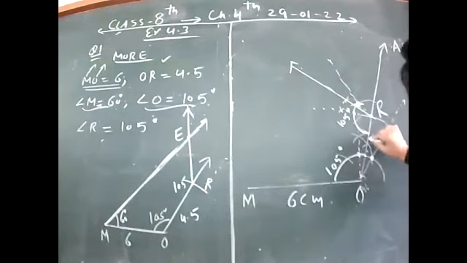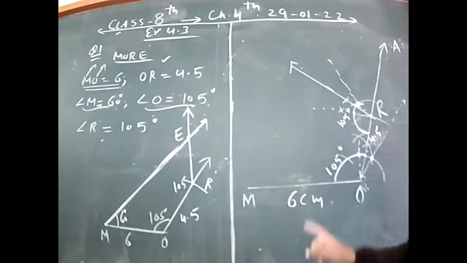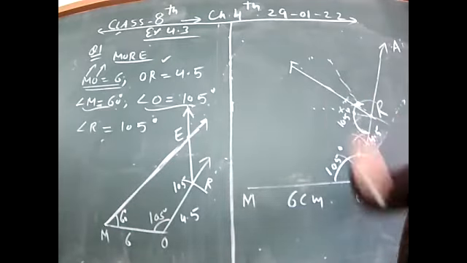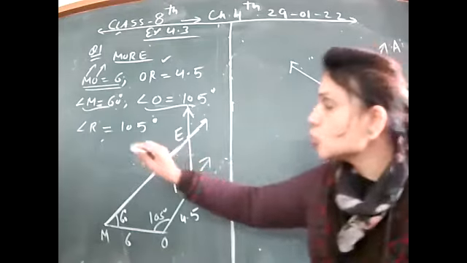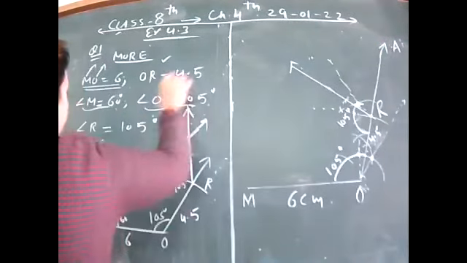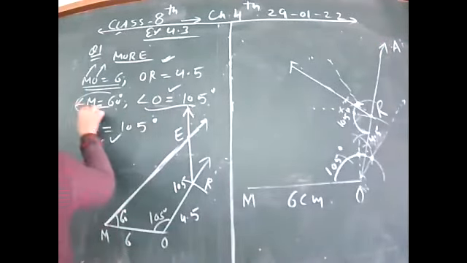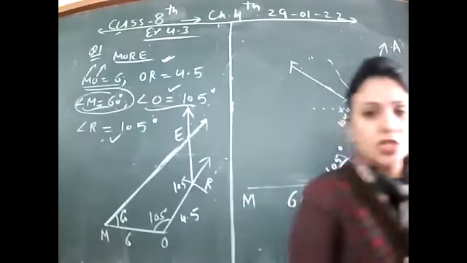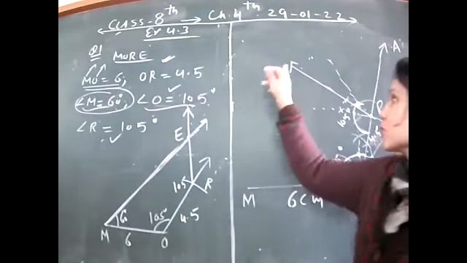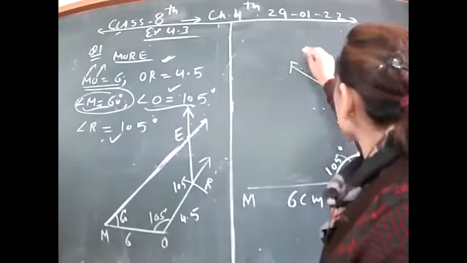डायमेंशन साथ साथ लिखते जाते हैं। OR is 4.5. अब आपको पता है MOR, यहाँ कहीं E आना है, तो M का एंगल, जो जो चीजें यूज हो गई उनको टिक कर लो। ये सब यूज हो गया, रह गया this angle M. M is equal to 60 डिग्री। आप इस पे भी कोई नाम कर दो, इसको आप B बोल दो।